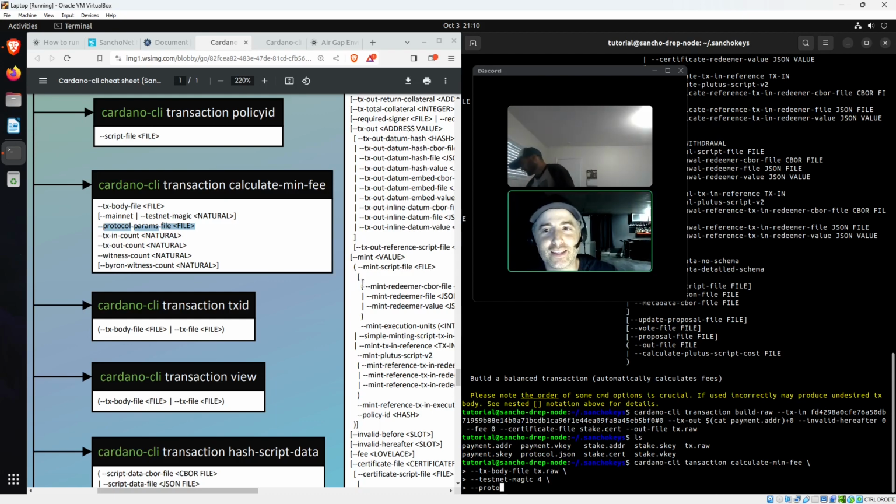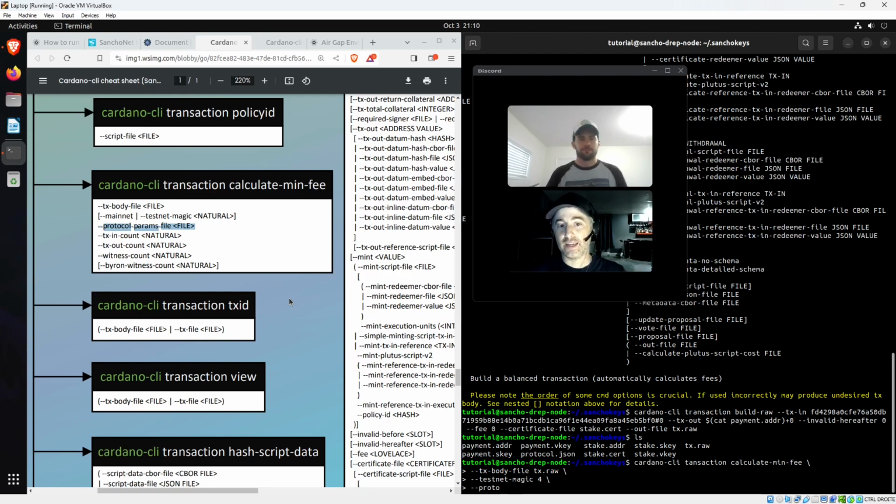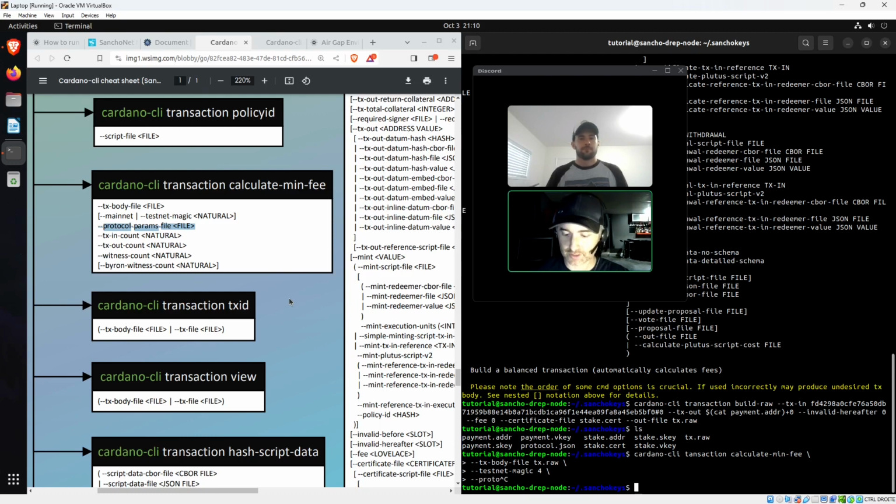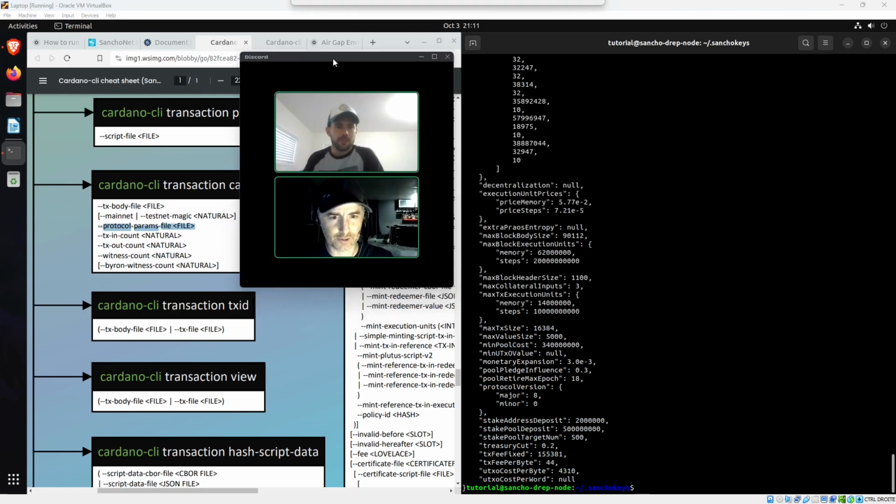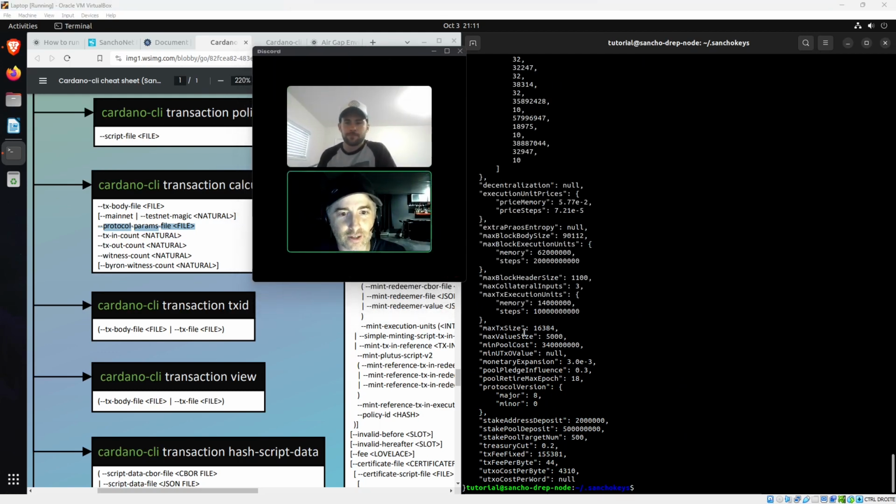You remember we did the query of the protocol parameter earlier in the exercise, and by doing so we queried it from the central testnet, so we have the protocol parameters of the central testnet. You know what, actually I'm just going to take the time to get protocol.json, and as you can see here, protocol.json. Right, okay, so here you have the transaction fee fixed, so this is the minimum, and